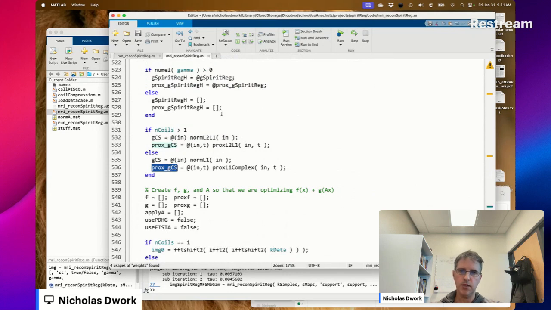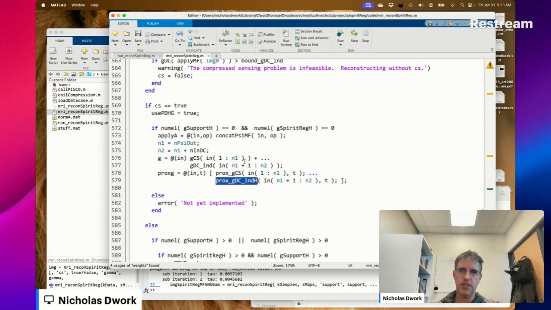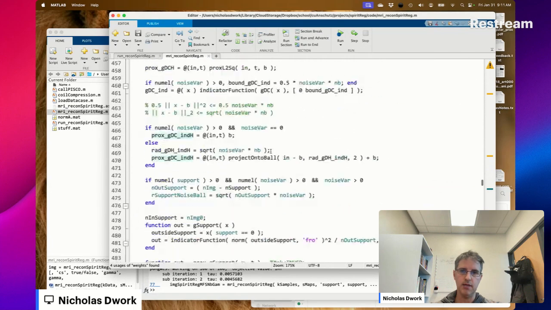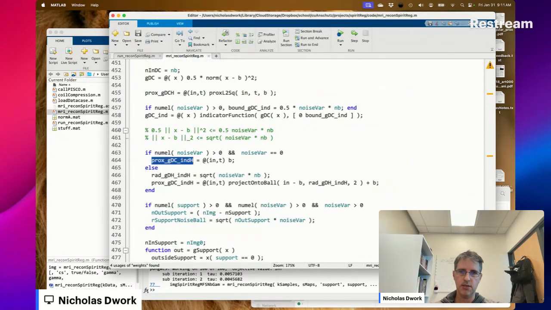Prox GCS seems right. Oh, this should be... Oh, no, yeah, right. This is right. Okay. Where is that used? Prox GCS. So now we just have to look at the indicator function. Man, this indicator function has given us so much trouble.